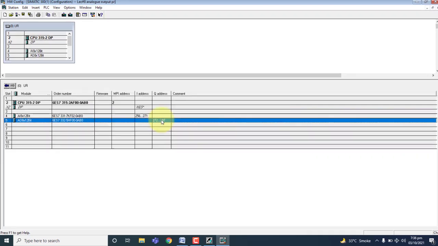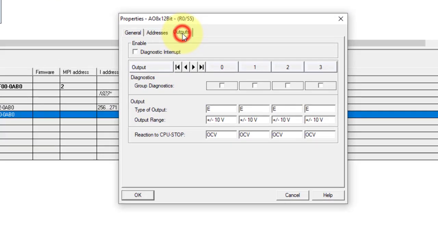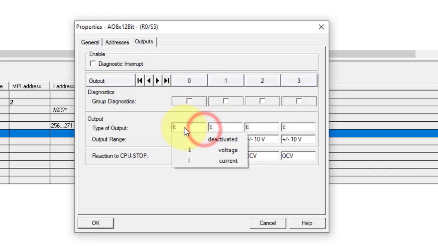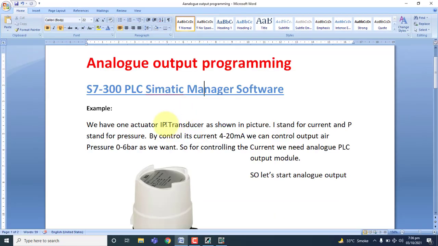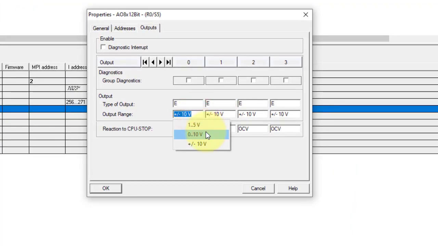In the properties of the analog output module, you have to double click here, go to output, and you can see there are 0, 1, 2, 3, 4, 5, 6, 7, total 8 channels. So I will use channel number 0. If I want to use voltage or current, in our case the IP input is current and output is pressure, so I will use current.